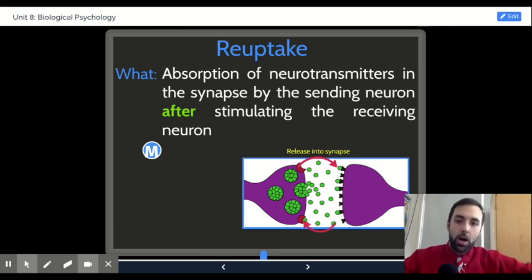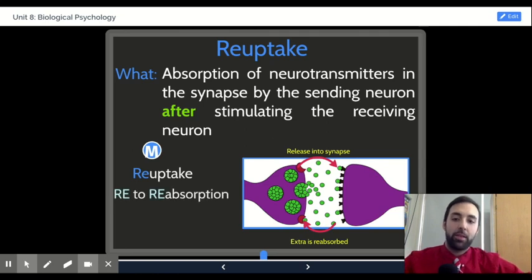After that, those neurotransmitters are reabsorbed back into the neuron that sent them during a process known as reuptake. What that essentially means is when your neurons release neurotransmitters like serotonin and dopamine and glutamate and all of the others, endorphins, those neurotransmitters are released out of the neuron. They trigger and stimulate the next neuron. And then after they've done that job, they get reabsorbed back into the neuron that originally sent them,